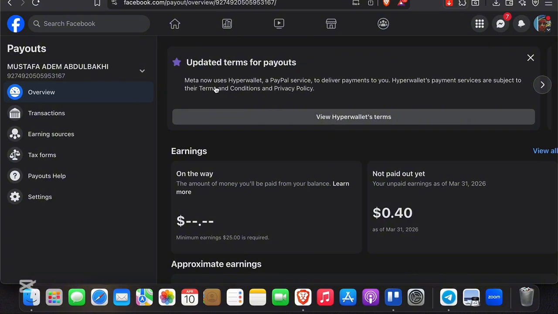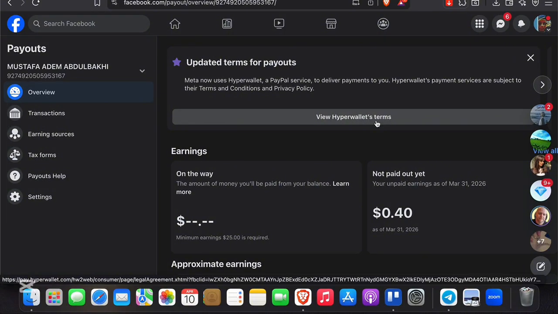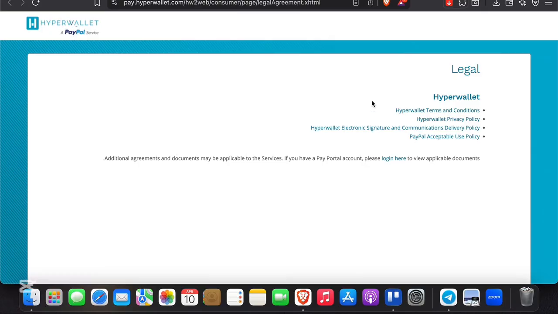HyperWallet's terms: Meta now uses HyperWallet, a PayPal service, to deliver payments to you. HyperWallet's payment services are subject to their terms and conditions and privacy policy. So all you gotta do is just connect PayPal to HyperWallet, and then you're gonna be able to